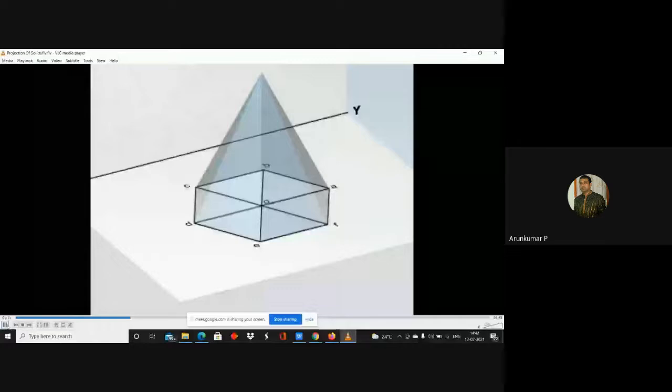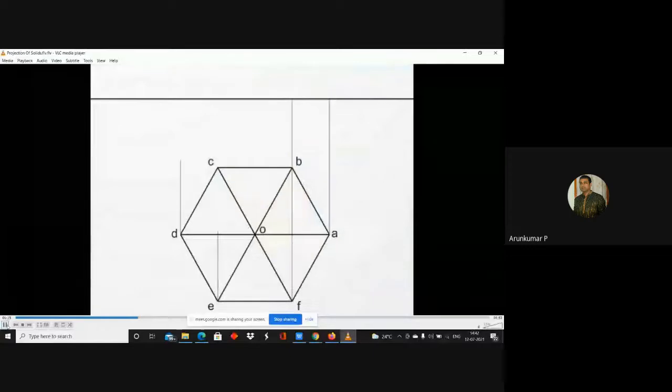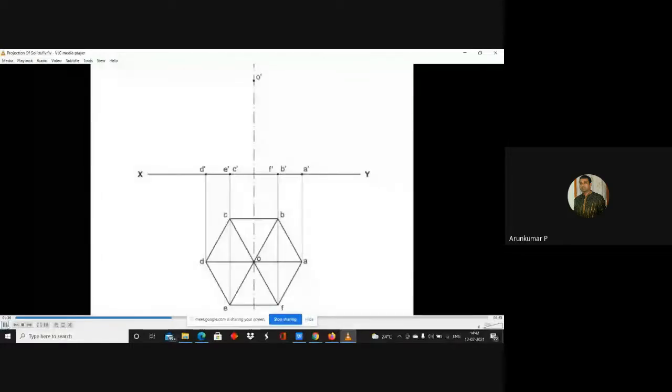You will draw the projections onto the front view and try to get the front view of the pyramid. So same A dash, B dash, C dash, D dash, and some corners are seen, some are not seen. Extend the axis by 75 mm because the height is 75, and join the apex to all the corners of the base. So this would complete your front view.